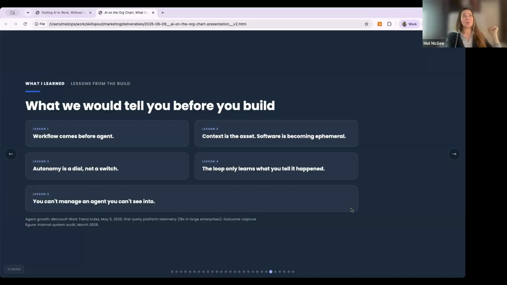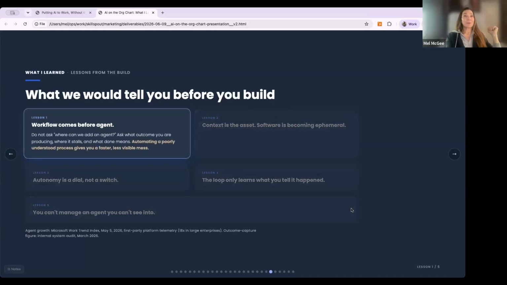All right, here are your takeaways. Workflows come before agents. So do not ask, where can we add an agent? Ask what outcome you are producing, where it stalls, and what done means. What's your definition of done? Automating a poorly understood process gives you a faster, but less visible mess.